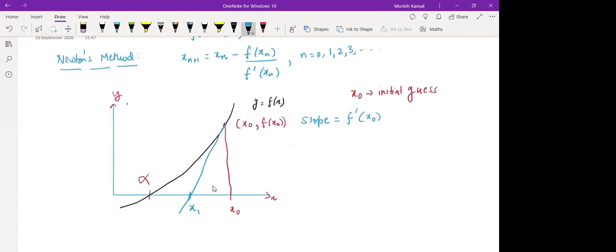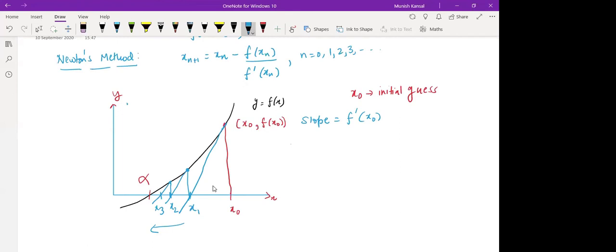Now again, you go to the graph, you will get a point. Again, you draw a tangent, you will get a new approximation, say x2. Again, you go to the graph, again you will hit the x-axis at some point, say x3, and you continue like this. So we hope that this sequence will converge to the number alpha. This is the very simple and basic idea of Newton, of how to approach the given solution, right? So we want to find out this x1.